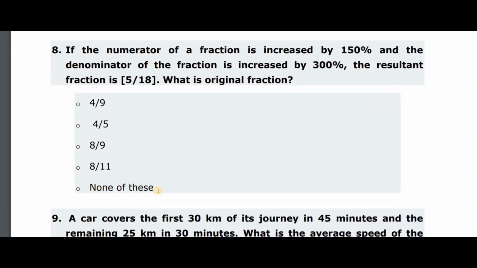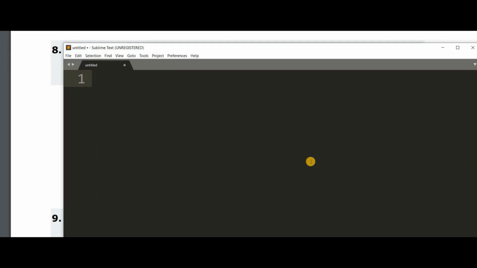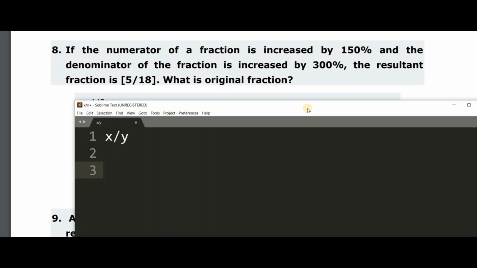And let's see the next question. If the numerator of a fraction is increased by 150% and the denominator of the fraction is increased by 300%, the resultant fraction is 5 by 18. So what is the original fraction? So let the original fraction be x by y. Now what have they done? They have increased the numerator by 150%. So x plus x into 150 by 100, divided by